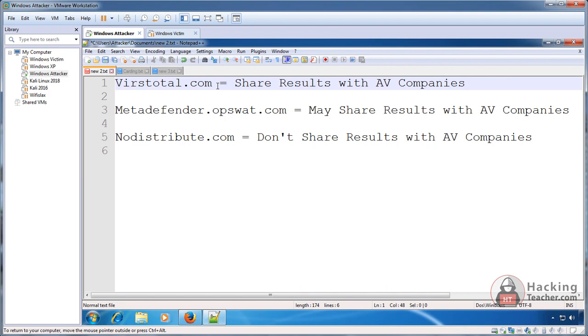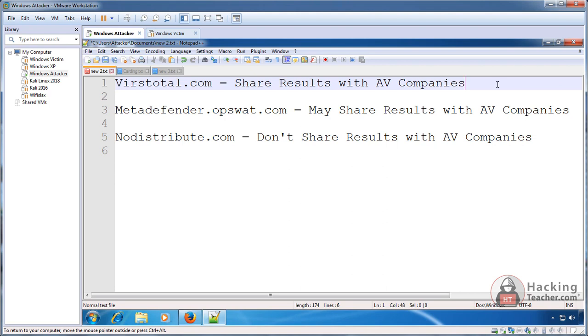Now I have to explain a little bit about these websites. The first one is virustotal.com, which is a product by Google. They scan files with more than 60 antiviruses in the world. This one has more than 30 antiviruses and this one has more than 25. Now you would say that VirusTotal is then the best. Yes, I would say it's best, but only for files which you download from the internet and you suspect and do not trust.